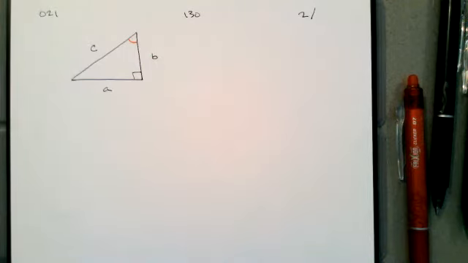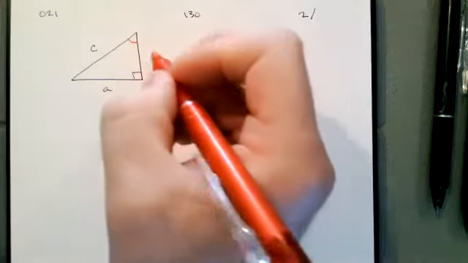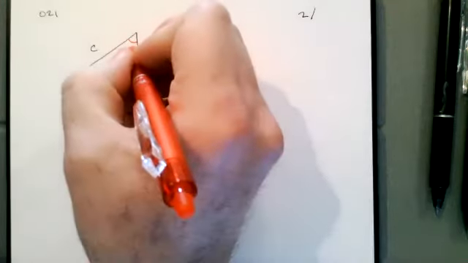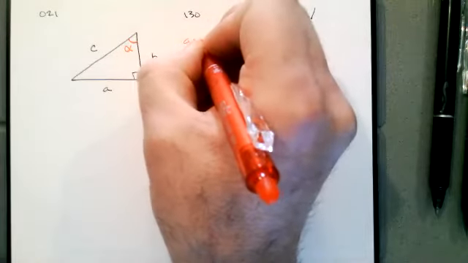So that's what we mean when we talk about an angle or a side opposite a side or an angle. So I'm going to give this angle a name that's related to the side A because they're opposite each other. I usually call that alpha. So I'm going to say angle alpha